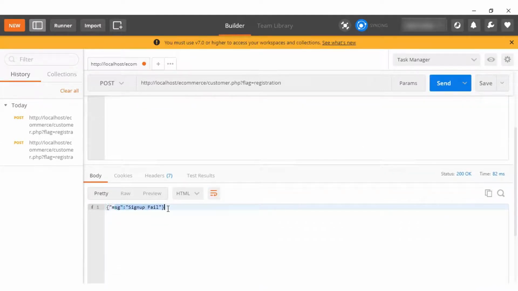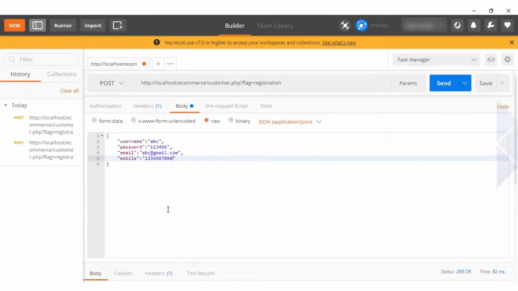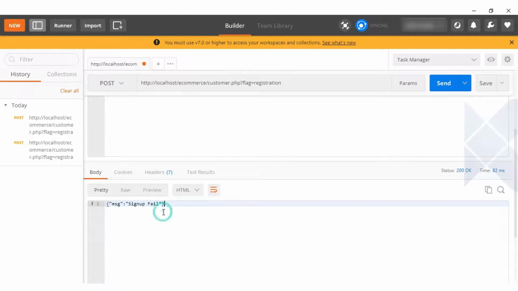What is the reason for the sign up failure? Because we have a unique constraint on our email ID, mobile number, and username, so they should be unique. When we insert the same username, it rejects our query, and that's why sign up fails.